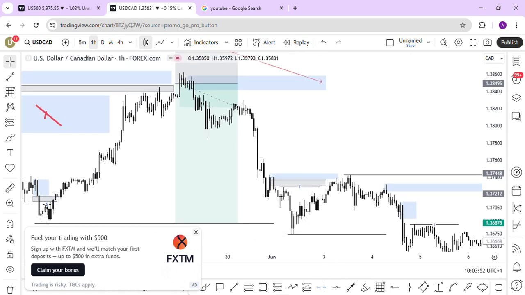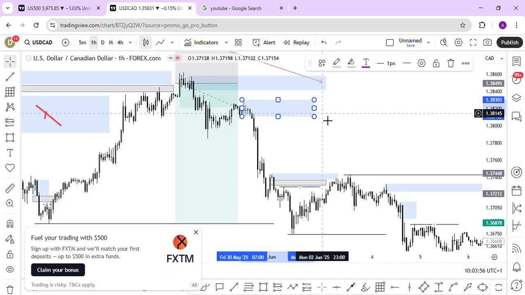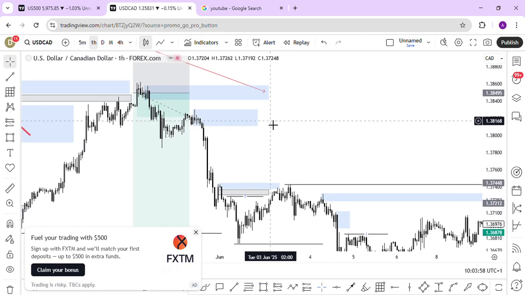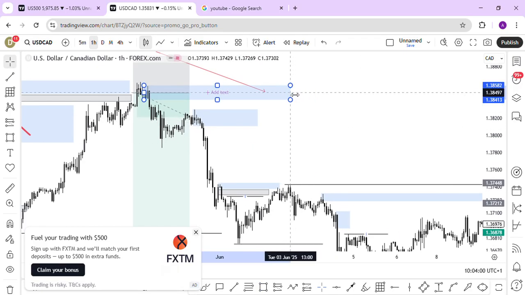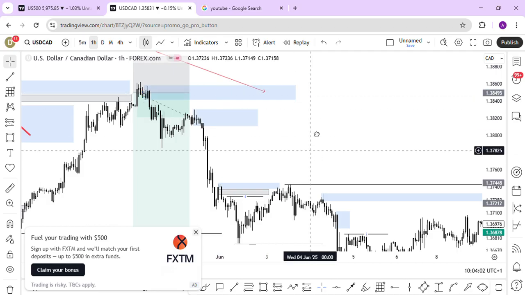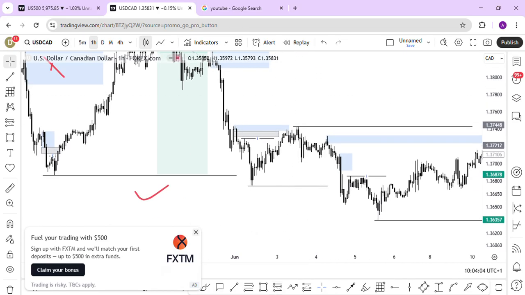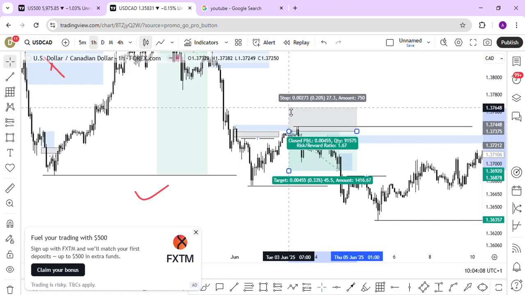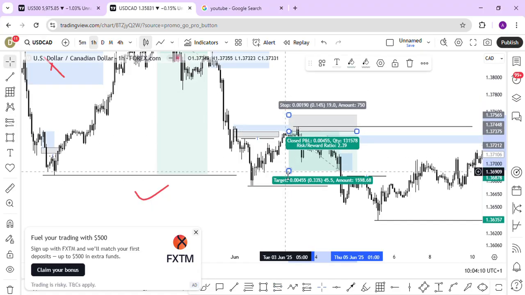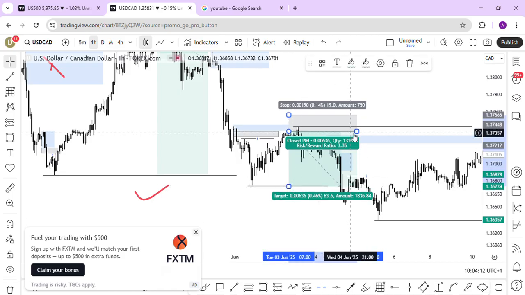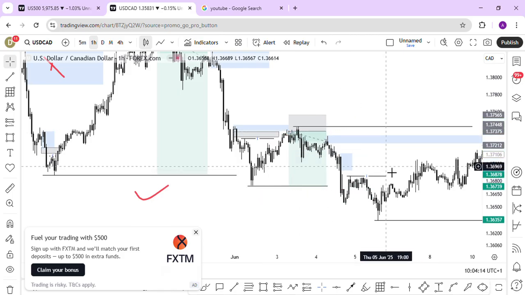Look at this. Some people will be waiting for here, maybe this level. Market does not come here. Even if market is going to come here, this will be the high probability level you should take the trade from. So in this case, see where market respected. Market respected this POI and did what? Put your entry a little bit here, target here, and you have your ratio 1 to 3, not less than